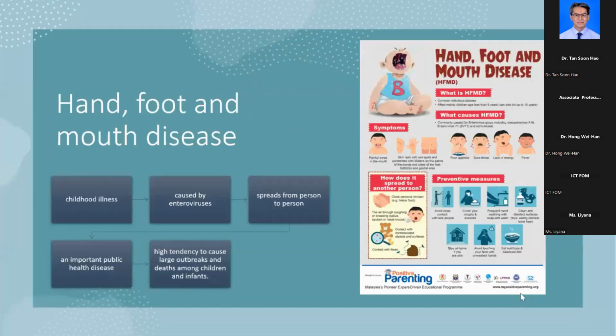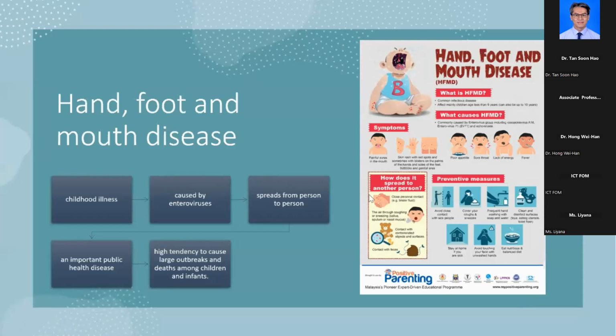Okay, first of all, what is hand, foot and mouth disease? Actually, hand, foot and mouth disease is a childhood illness. I'm sure maybe not everyone is familiar with this disease because it usually occurs in children less than 5 years old, and it's caused by enteroviruses. Of course, there are several enteroviruses that are the main etiological agents for this disease. And the infection spreads from person to person, usually with close contact through oral fluids,